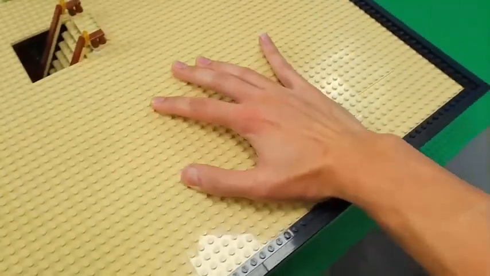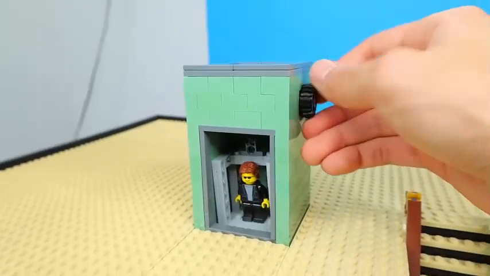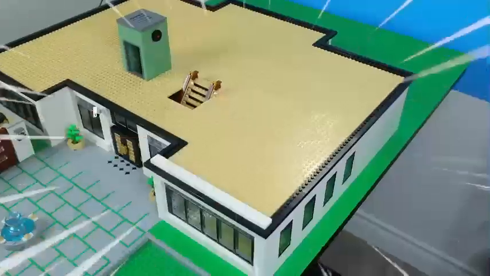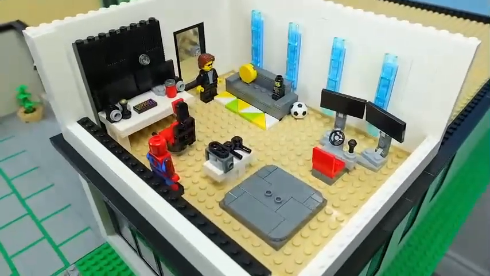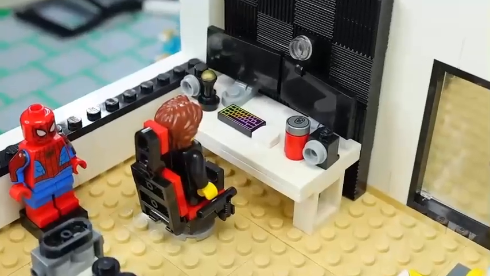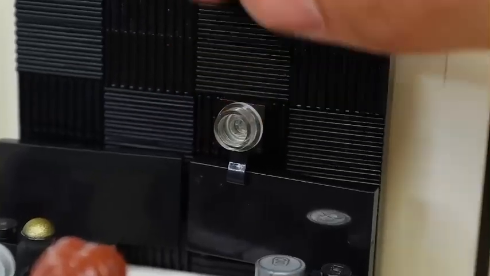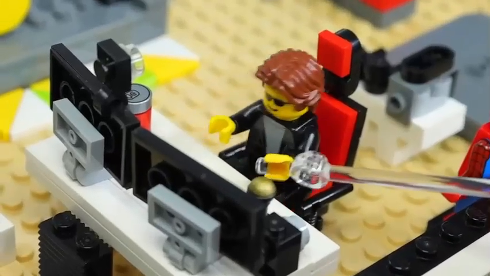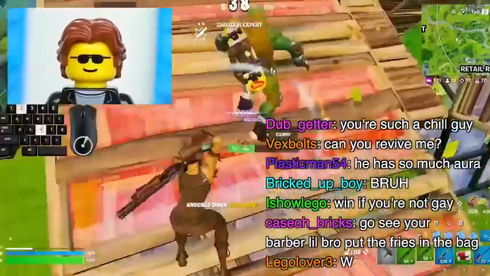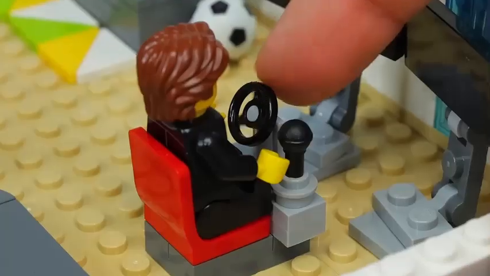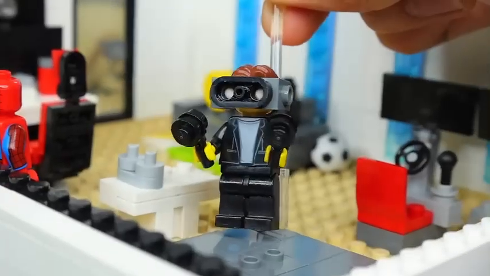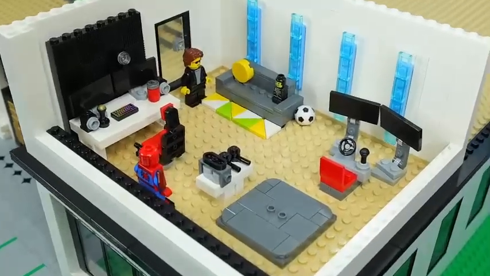Nice. Wow, we have a lot of space to build on, but my first plan is to build a dream gaming room, and I want to build one with the fastest, most expensive, high-quality gaming equipment. So I built this dual-screen gaming setup, and I even added a webcam and microphone. That way we can stream on Twitch, get donations, and get even richer. I also added this Spider-Man statue and different simulation games like this driving simulation and this VR simulation. Wow, this is every gamer's dream.